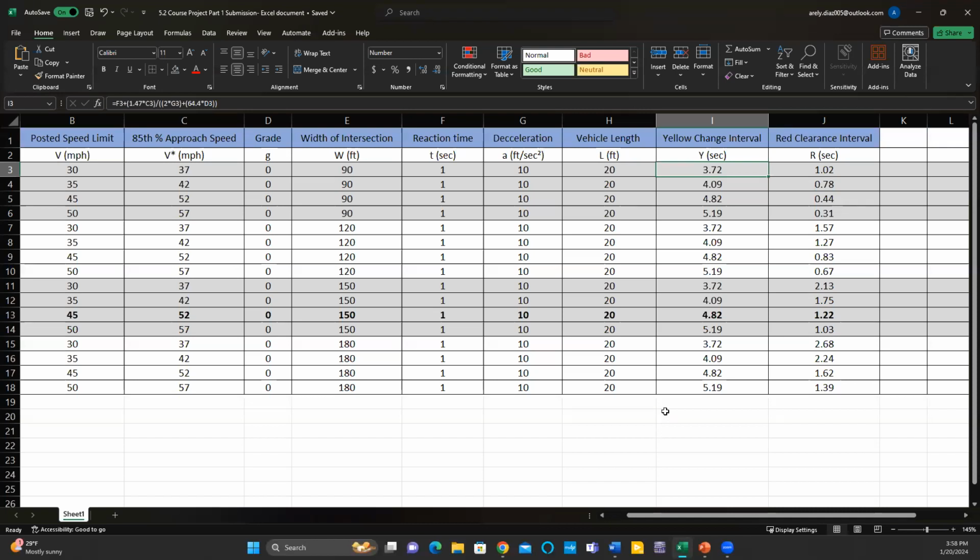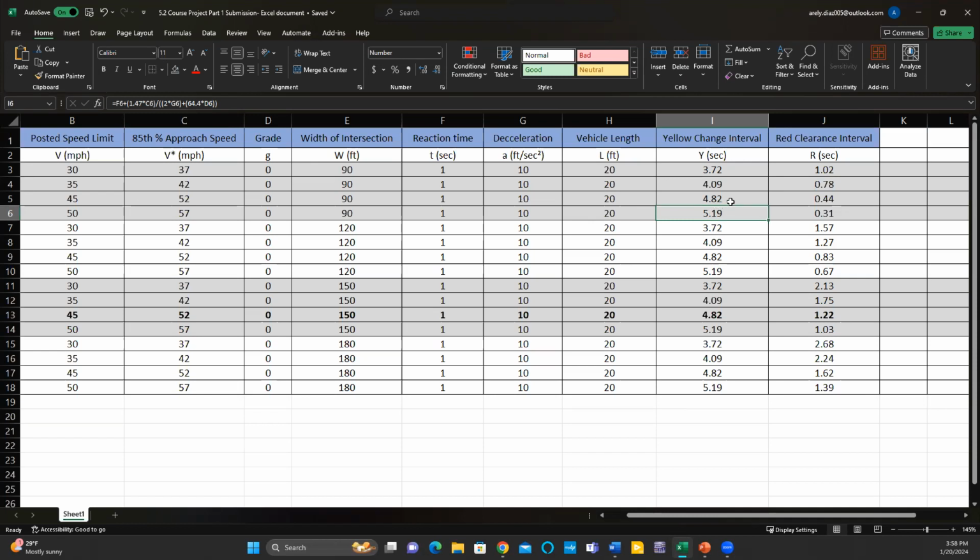We would then use the same formula for all yellow change interval calculations. We would just need to change to the correct row number for each cell. So you can see here, we have F3, C3, G3, and D3 on row 3. Here, row 4, we have these changed to F4, C4, G4, and D4, and so on. F5, F6,